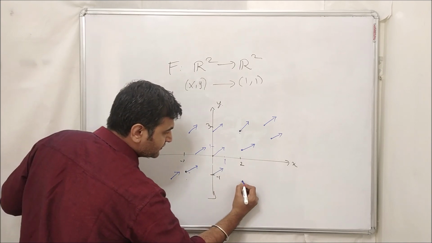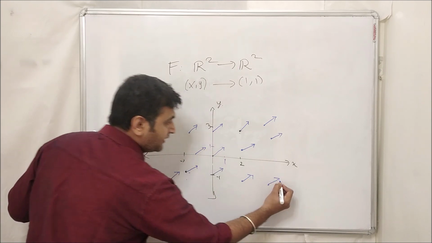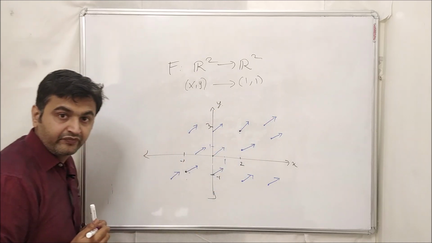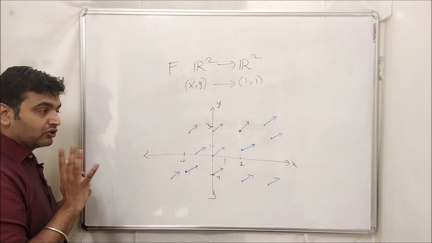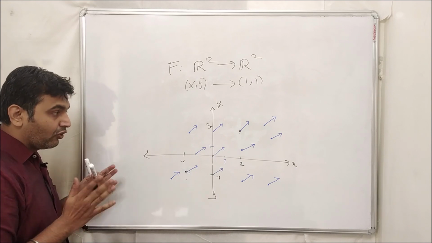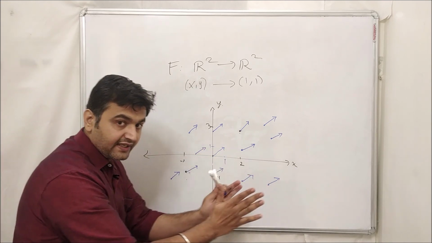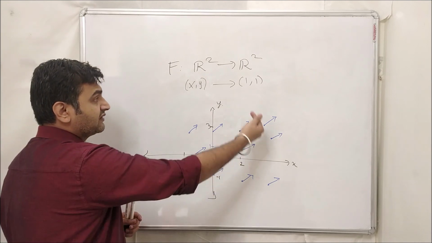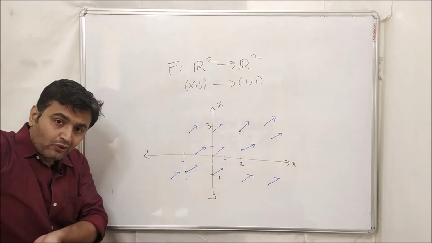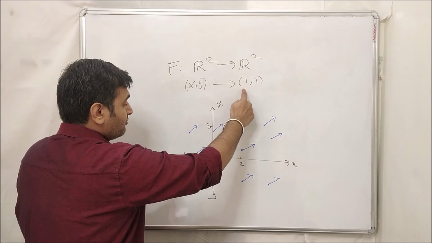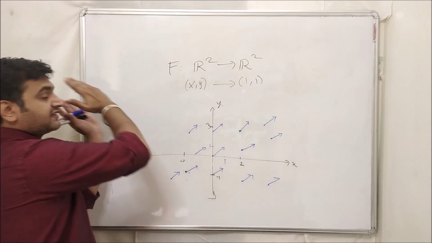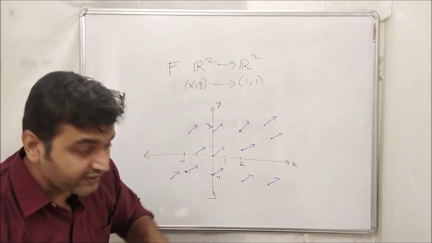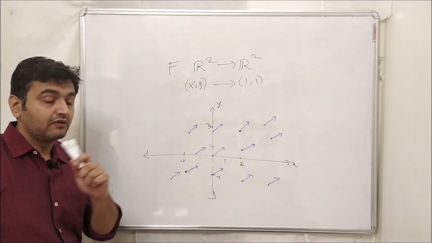We will also see this using a software. So everything is going in one direction, like the wind is flowing in one direction. So for constant functions, you will have all the vectors in only one direction. If it is -1 comma -1, it will be in the downward direction. If this is 1 comma -1, it will be in this direction. So whenever you have a constant function, vector fields will always be in one direction.